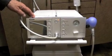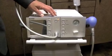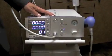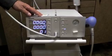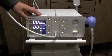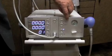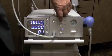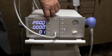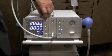Now, on using it, here's what we're going to do first. Obviously, turning it on. Once the machine is plugged in, this is the turn on button. We'll turn it on and we have all these values come up. Typically, when we're giving a treatment, we usually use approximately 2,000 impulses, and the way we can do that, press the button called select, the first button here on the right, and then we can increase the numbers as we go along. So we'll start at 2,000, and to go to numbers inside